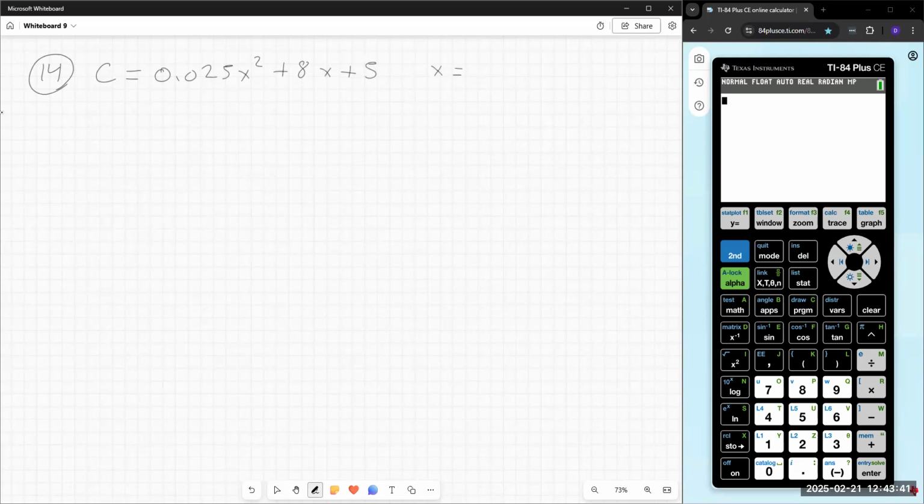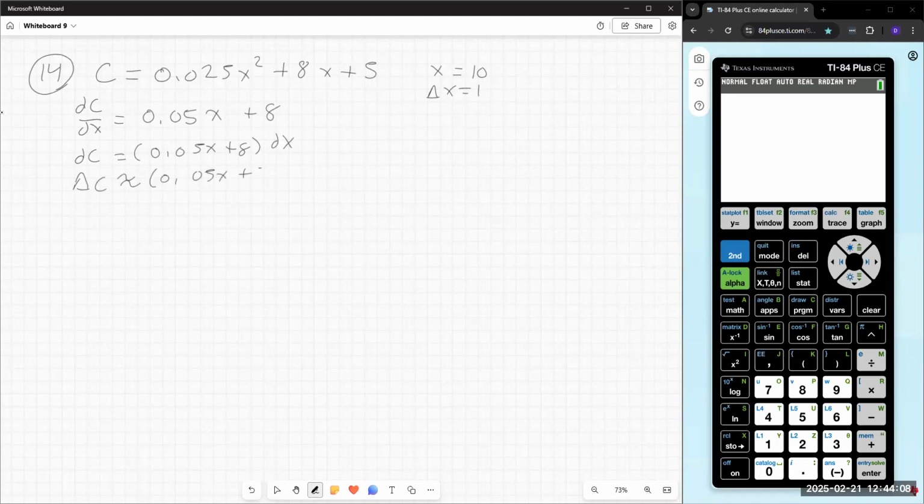Our given x value is 10, and our delta x value is 1. dc dx is 0.05x plus 8. So dc is exactly 0.05x plus 8 times dx. So my delta c is about